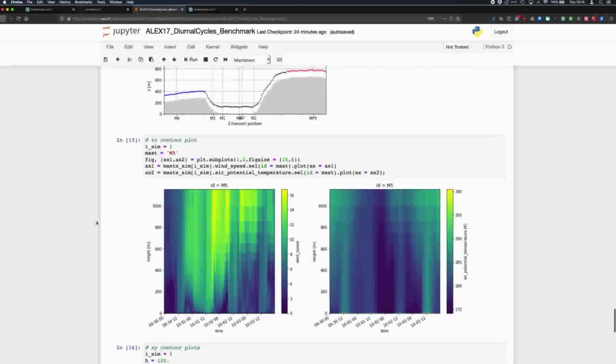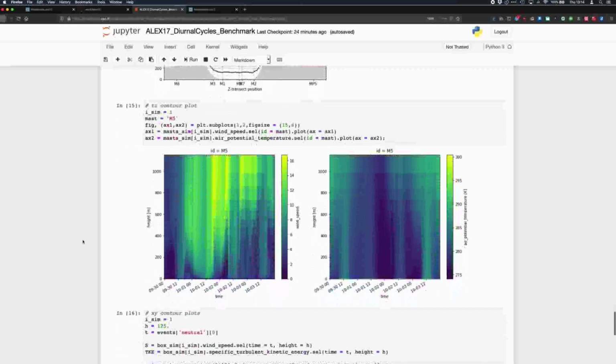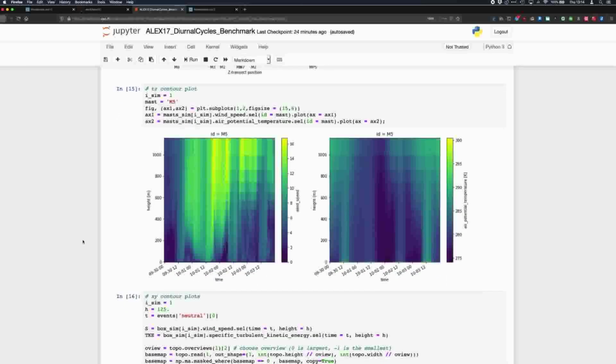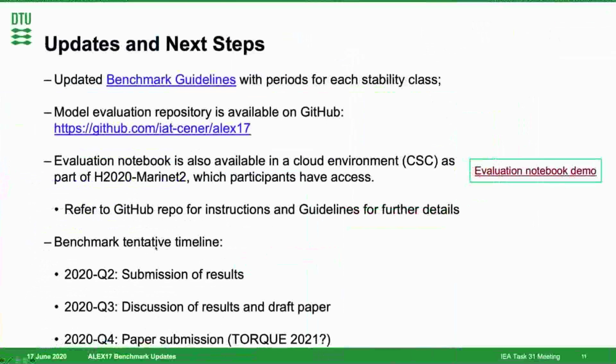So this is the notebook, and Javier, Pavel, and me, we are available if anyone has any doubt regarding the uploading of the results. And to conclude, I think basically for the ALEX 17 benchmark now, we are trying to